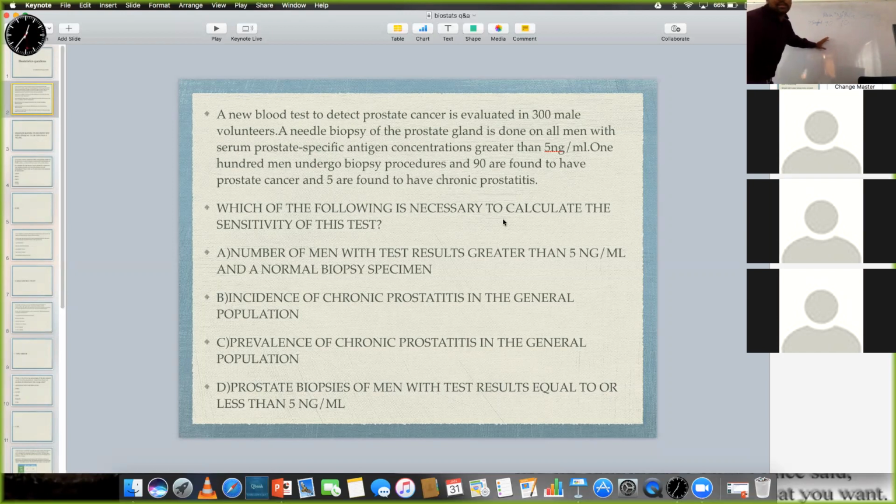You read the last part of the question. Which of the following is necessary to calculate the sensitivity of the test? So all that you need for sensitivity is this column. So you need to find out what this is in order to find what the sensitivity is. So how do you get that? All that you need is all those people who have